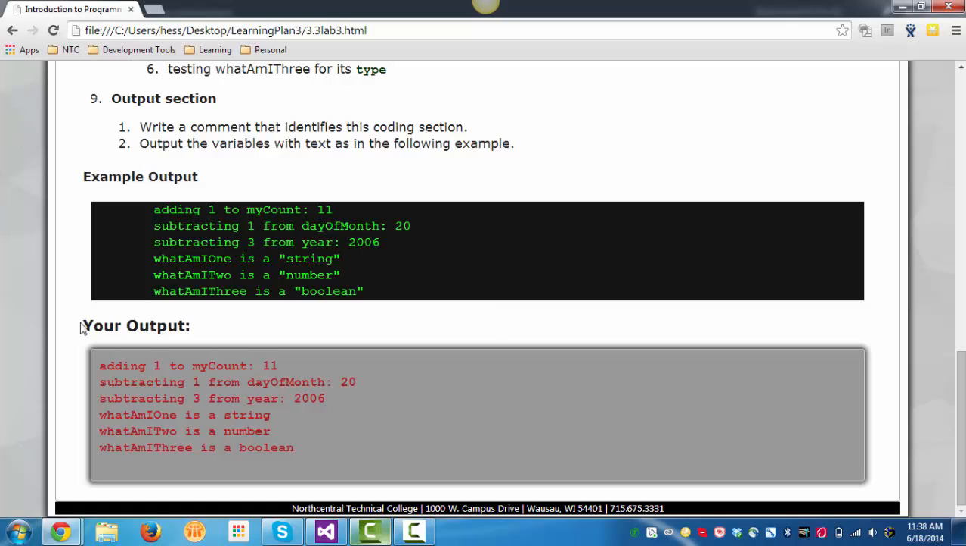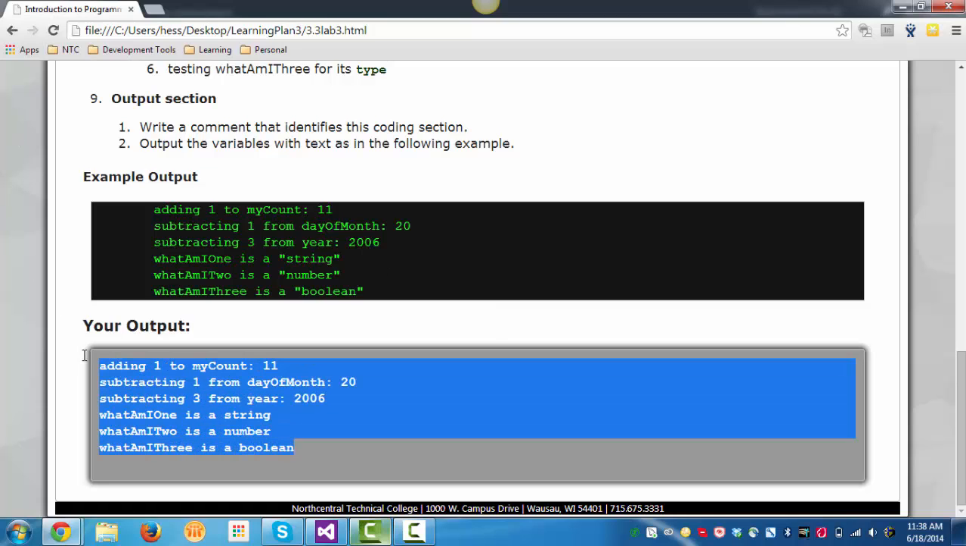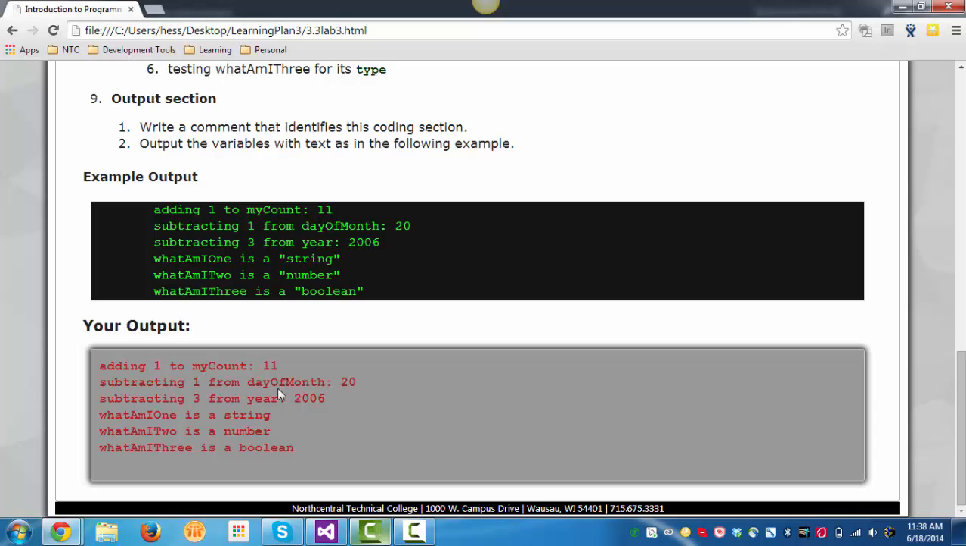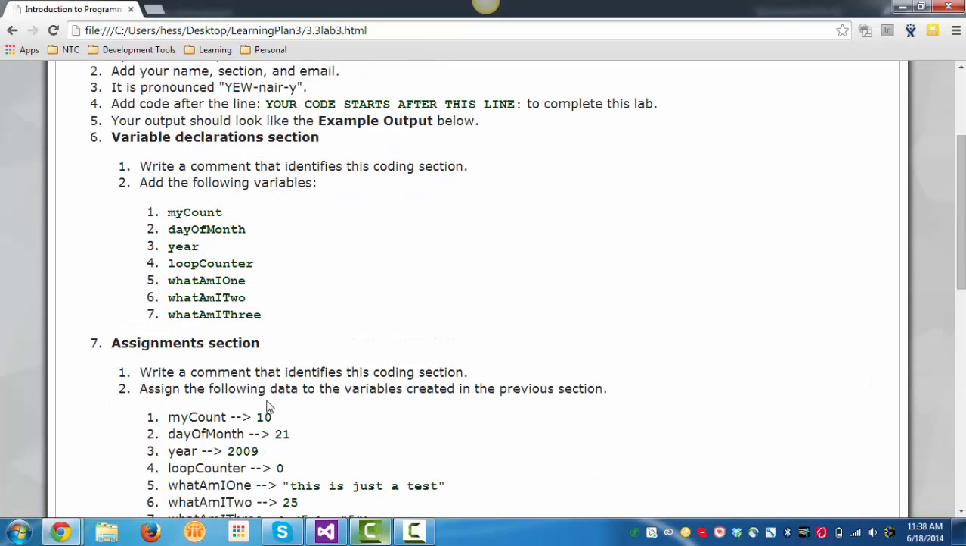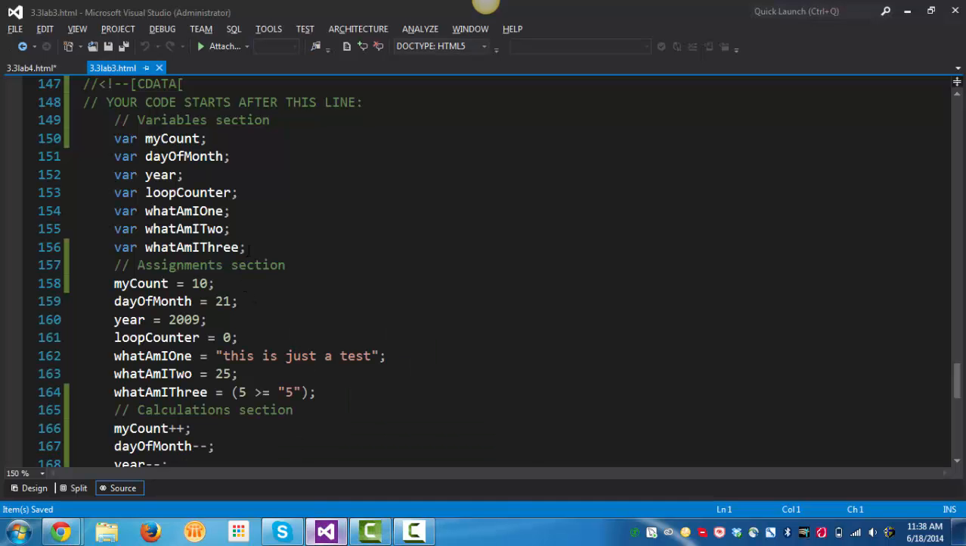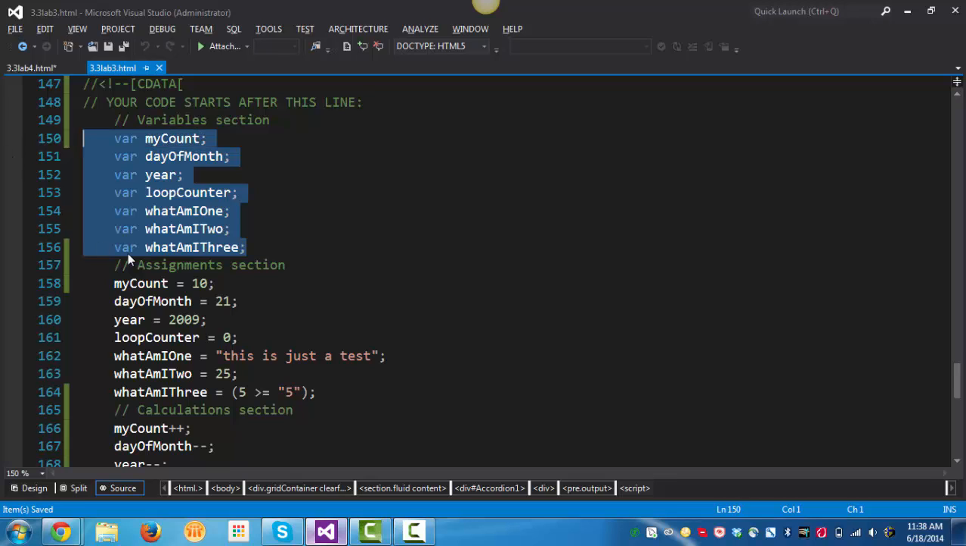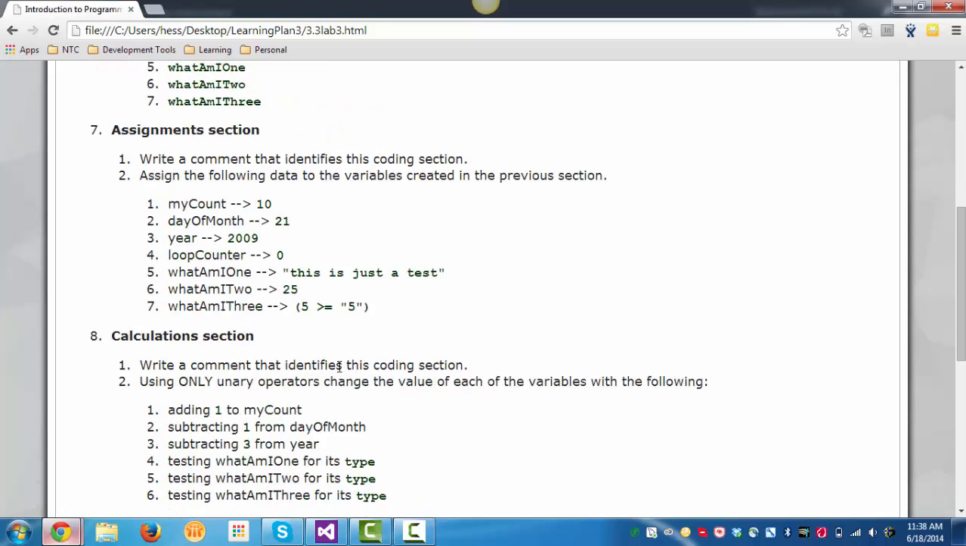And what we're going to come up with is this output down here, adding 1 to my count is 11, day, month, year, and all that. So what we first need to do is add in these 7 variables. So go ahead and go into your code and add in those 7 variables there, and then in the assignment